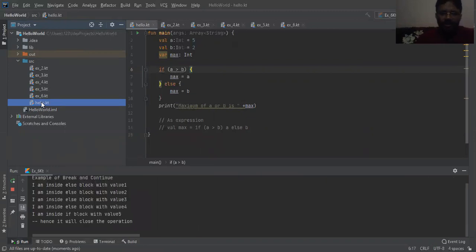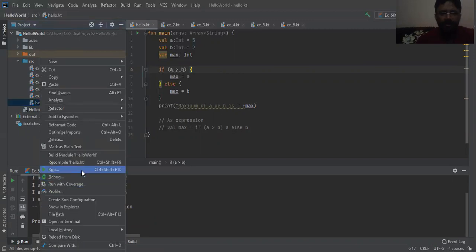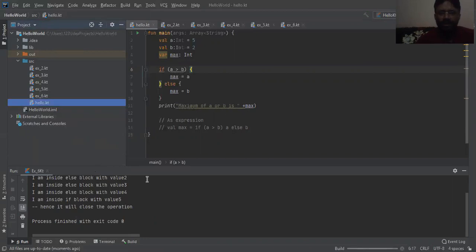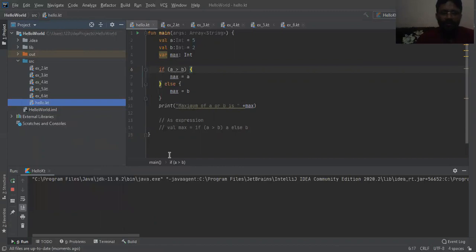Here we click this one and run. Control Shift F10 is also one of the dedicated shortcuts that we have. Build it and finally see the outcome. Okay, so this is the outcome: maximum of a or b is 5. This is the way you simply run it.